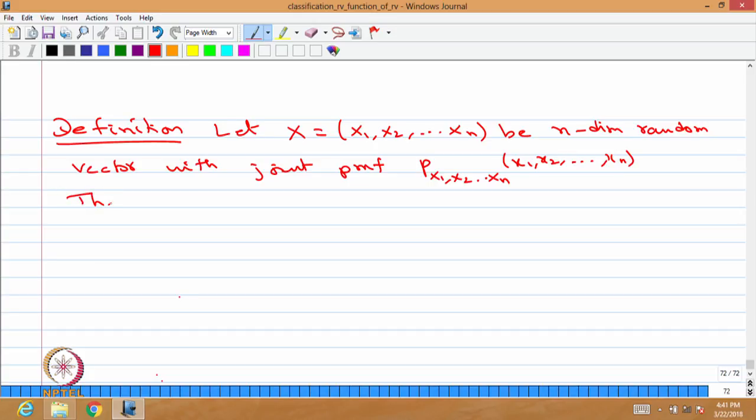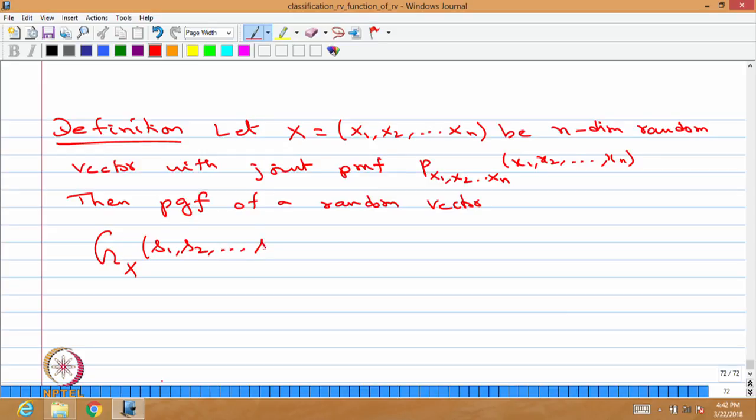Then one can define the probability generating function of a random vector. It is defined as, we use the notation G suffix x, here the x is a vector, whose elements are s1,